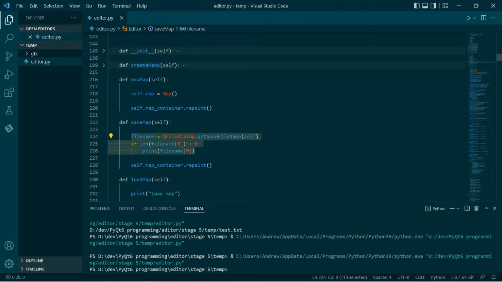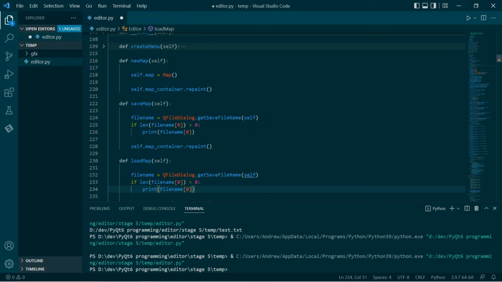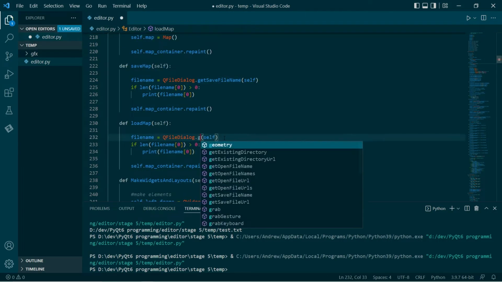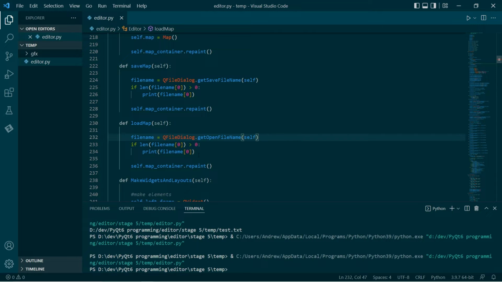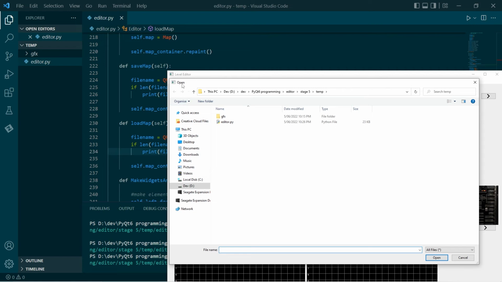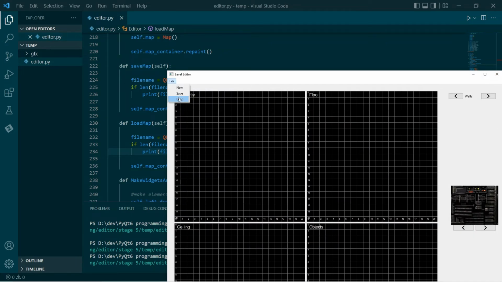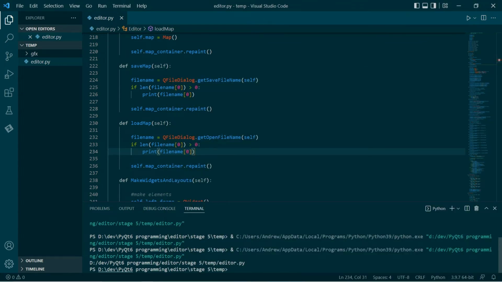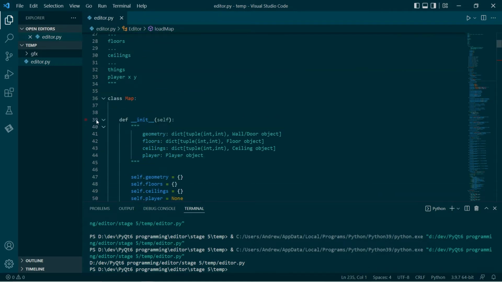Okay, and I'm actually going to do the same thing down here with load, except I'm going to get, what is it? Get open file name. That's fine. So if I pop in here and I say, okay, I want to load a map. Now it says open. And yeah, that'll work. Let's try this. Okay, we'll go load, just as an example. And of course, this is crazy. It shouldn't be doing this. We shouldn't load this, but we can pick a file. Okay, cool. So the next step is before I actually call these functions, I'm going to pop over to my